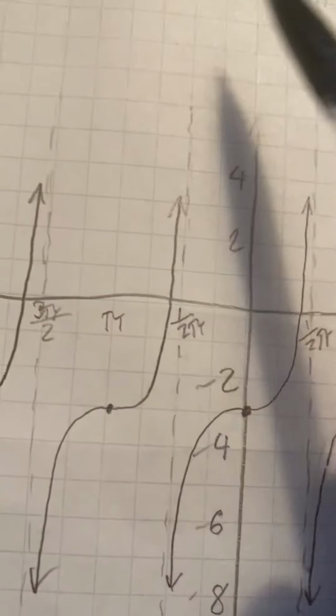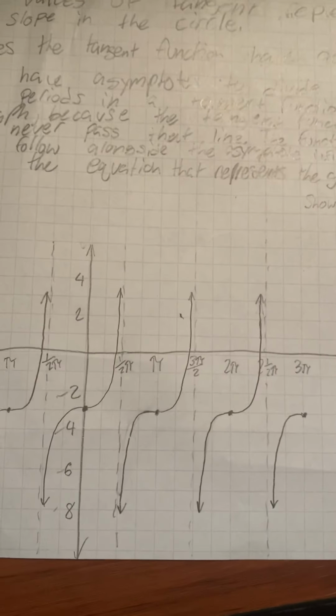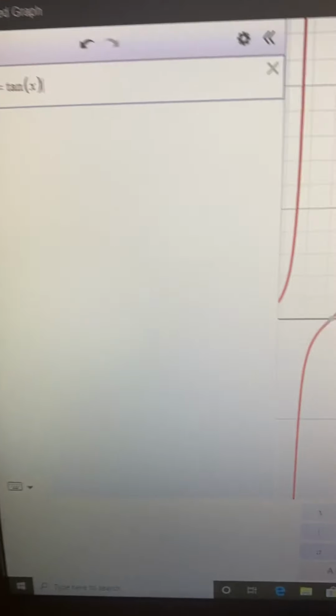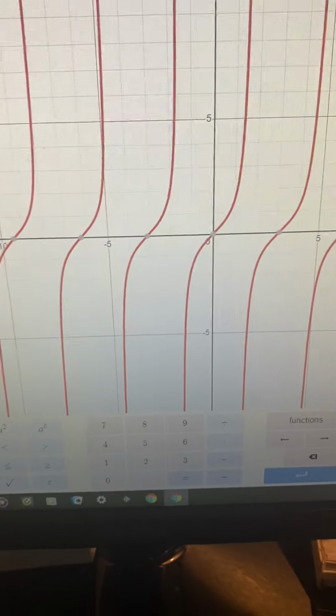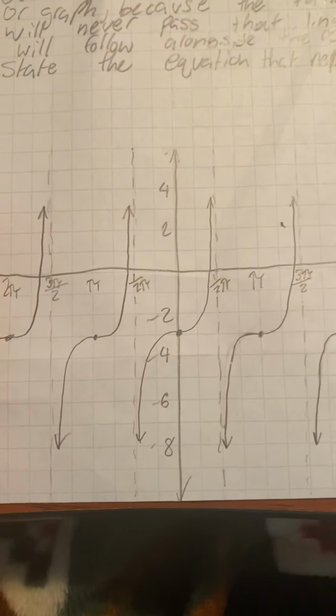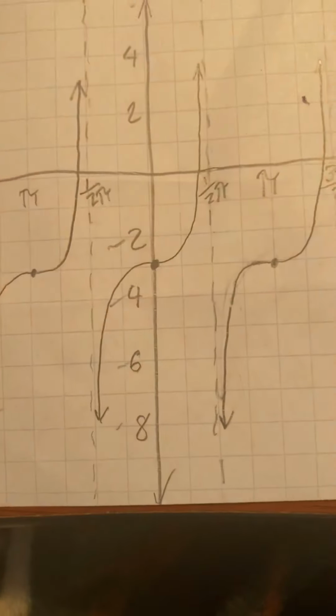Alright, C. State the equation that represents the graph shown below. Show you that real quick. Alright, so what I've done for that is I've brought up Desmos because I do not have a calculator, and I've just shown the normal tan equation in Desmos. So this is what it normally looks like, but as you can see, there's a difference between this graph, which I tried to make them look as similar as possible, and that is where the line starts from. So 0 is on 0, but as you can see, it's 3 down here,